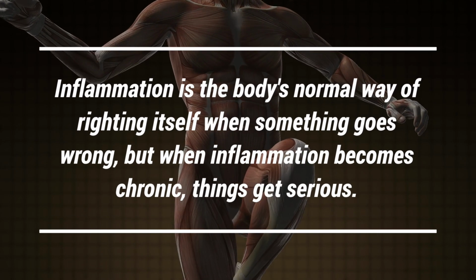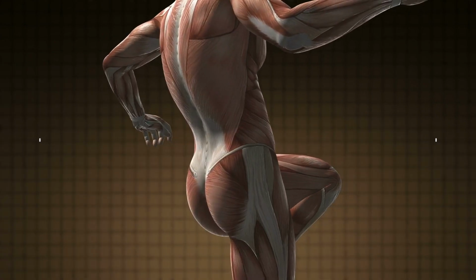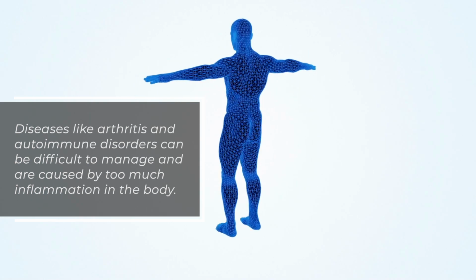Inflammation is the body's normal way of righting itself when something goes wrong. But when inflammation becomes chronic, things get serious. Diseases like arthritis and autoimmune disorders can be difficult to manage and are caused by too much inflammation in the